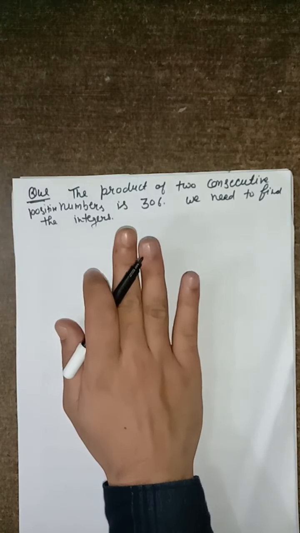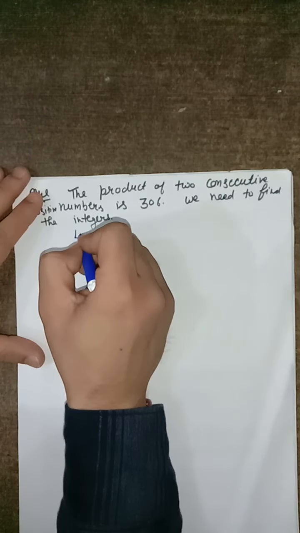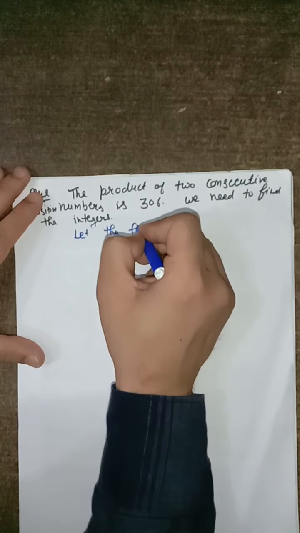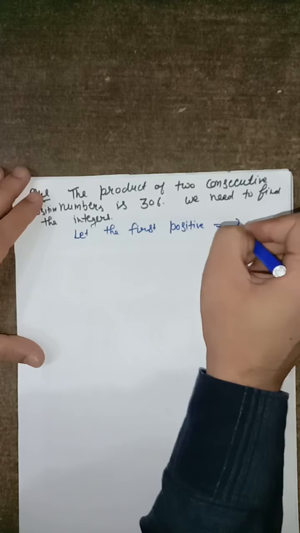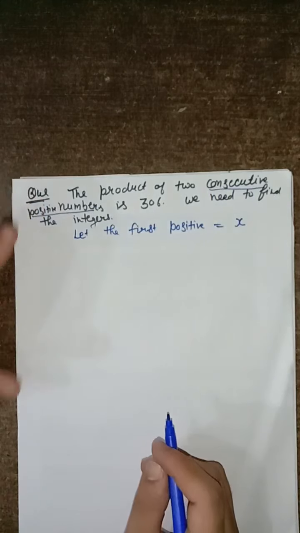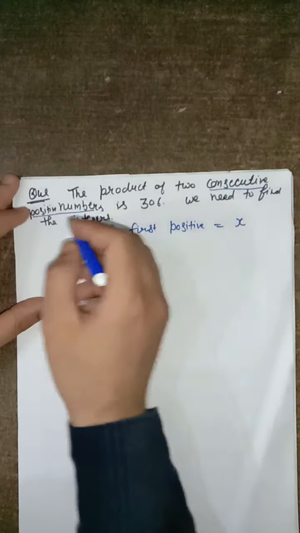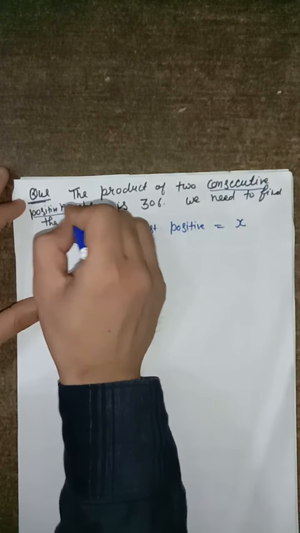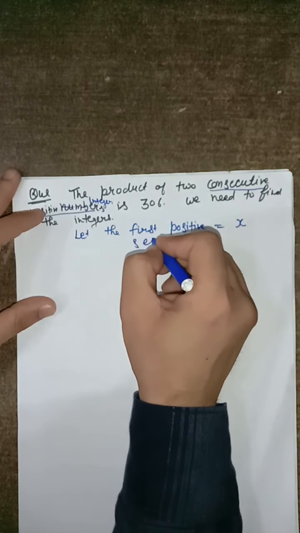In this question, we only make a quadratic polynomial on the basis of the given data. So, to solve this problem, first let the first positive number be x, and the consecutive number means the next number will be one greater than the previous one, because it is mentioned integer, and the next integer, second positive integer will